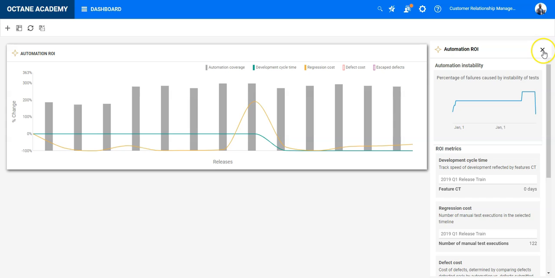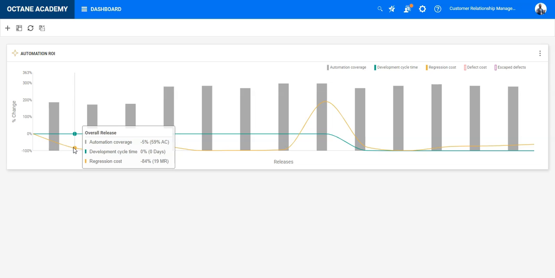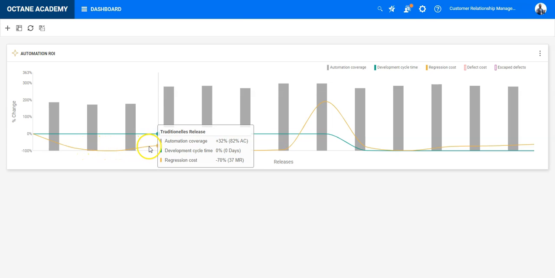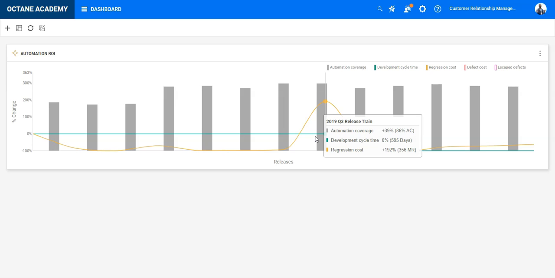We have the regression cost, and this is something which I was focusing on from the very beginning, where I had some execution in testing manually. So in the first release, overall, I had 19 manual runs compared to 59% of automation coverage, but it was not really used at that time. Then I had an increase even from the previous release, now with 37 manual runs. And when you go further to this special release train